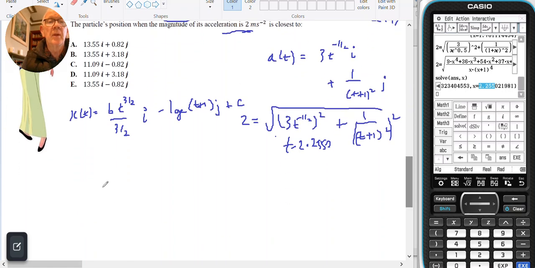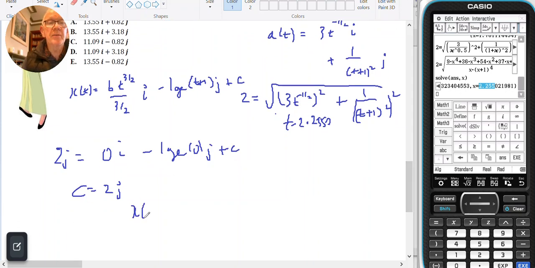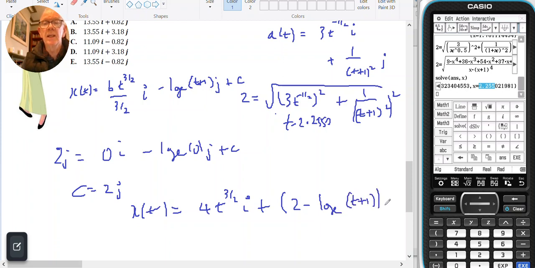So 2 in the j equals 0 in the i, minus log base e of 0 in the j plus c, so c equals 2 in the j, which gives me an expression for x of t, and it's going to be 4t to the 3 on 2 in the i plus 2 minus log base e of t plus 1 in the j,